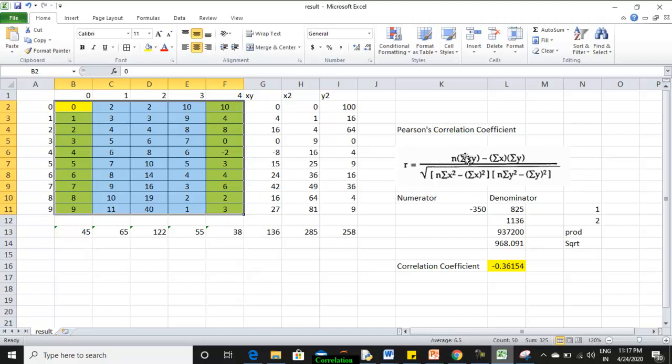So this states the cumulative. R is equal to N, where N represents the number of samples we have, that is nothing but the number of rows, and this is the sigma symbol, which represents the summation. So R is equal to N sigma xy minus sigma x into sigma y, divided by the square root of N sigma x squared minus sigma x the whole squared. Similarly for the next operator.